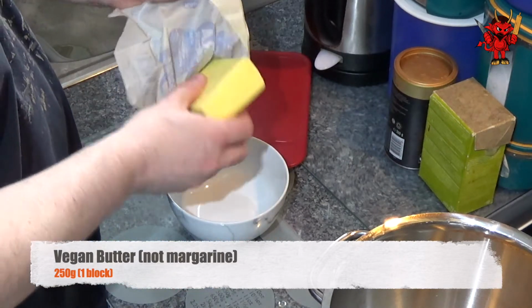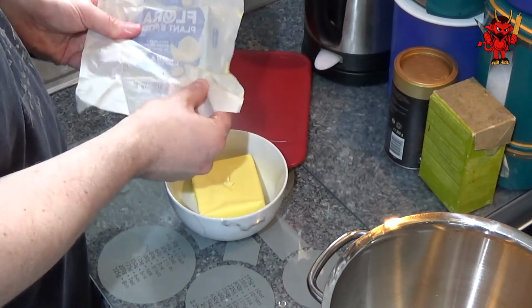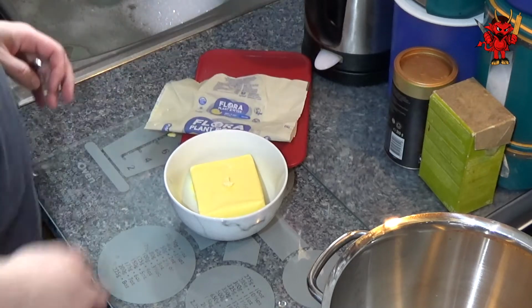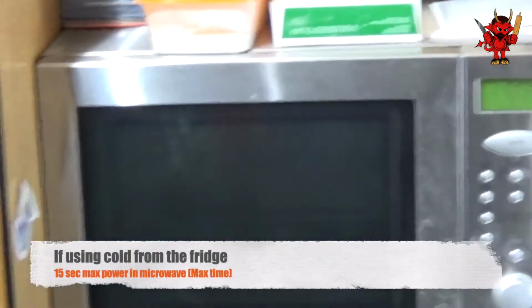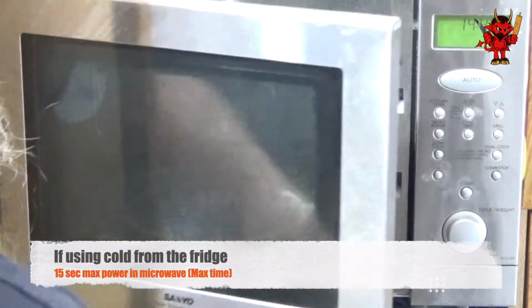Now the vegan butter I use by choice is this one by Flora here. You can either use the salted or the unsalted, choice is yours. But it's important, it's the Flora stuff. It seems to operate exactly the same as dairy butter, to the exact same standards, in the same recipes,